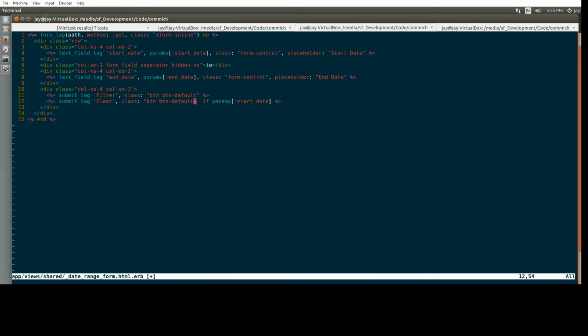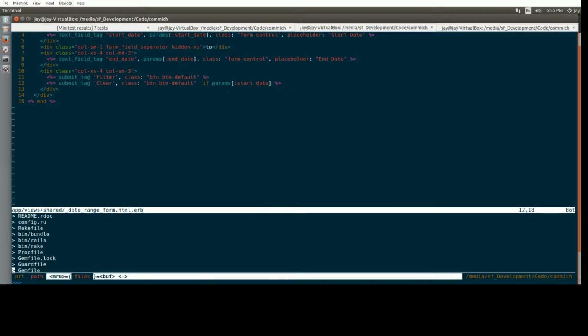And let's just see here. Well, we could do or. No, we don't need to do that. If it has a start date, that means it actually filters. It needs both of them to filter, so we only need to ask for one. So that's going to send a commit of clear. I'm just going to save this. And the button default, let me think. I wonder if this button should be, no, button default will be fine for both. My one thing is if this is going to be stacked or inline, which I'm not too sure about, but we'll see soon. So the next thing we have to do is go into